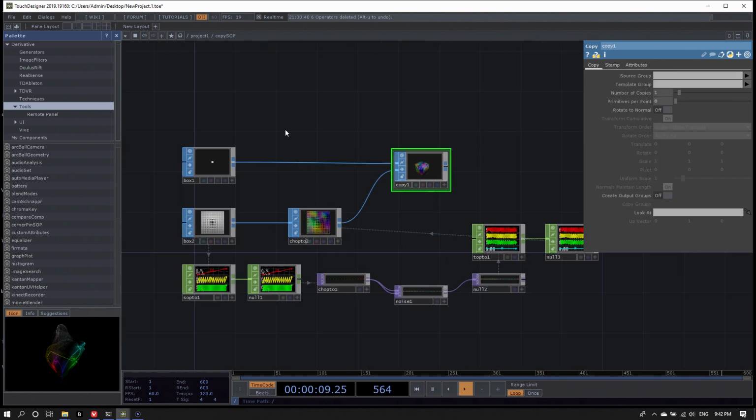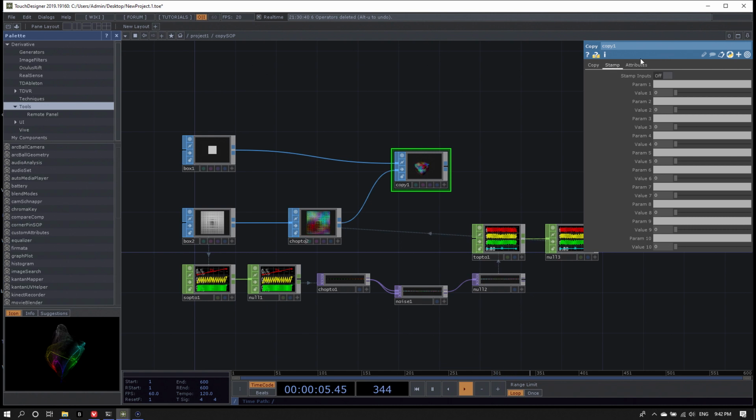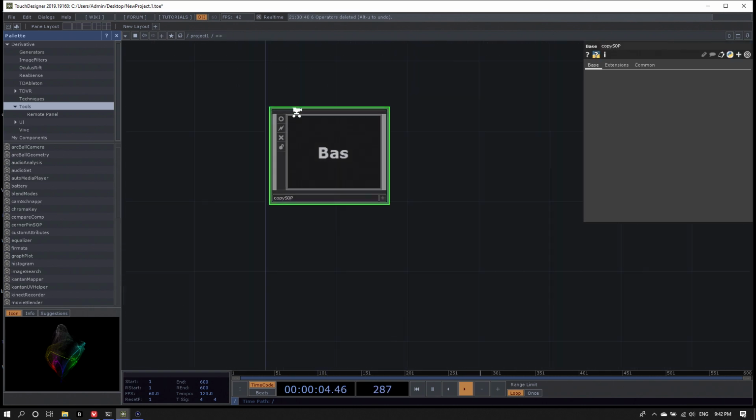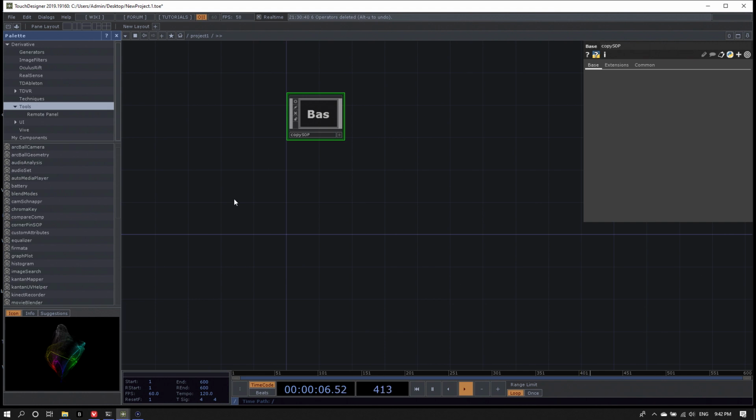It is a lot of fun to play with, especially when you put parametric data into here or use stamping as well, because stamping allows you to go backwards. So you can change the attributes of your copy data per copy as well. It's really a lot of fun to play with. I would encourage you to just play with it on its own as well. But for what we're trying to do now, it's not really a good solution. So let's try to set up the same thing with instancing.